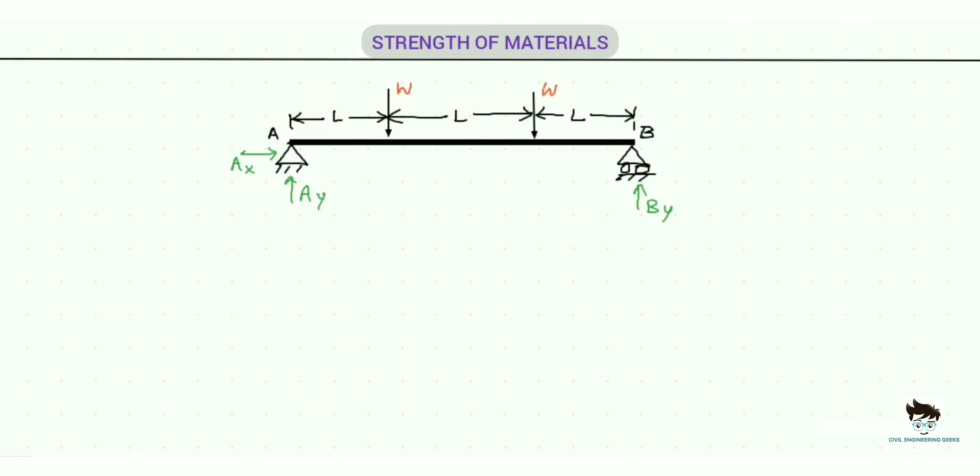For better understanding, I'm going to consider a small simply supported beam loaded with 2 point loads of magnitude W, and it is acting as shown in the figure. We know that the simply supported beam has a simple support and one roller support. So this simple support is going to develop two reactions, that is AX and AY, and roller support is going to develop one reaction, that is BY. You should also know that the horizontal reaction AX will be equal to 0 because there are no horizontal forces that are acting on the beam.